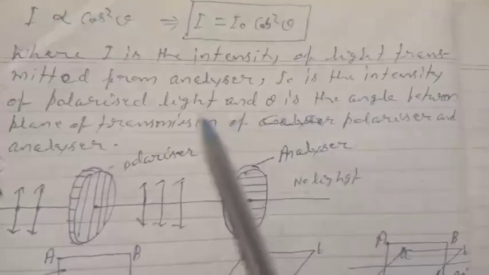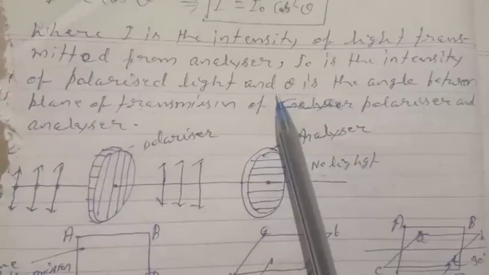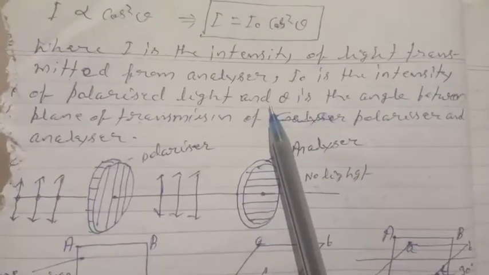That is, I is proportional to cos square theta, which implies I equals I naught cos square theta, where I is the intensity of light transmitted from the analyzer, and I naught is the intensity of polarized light, and theta is the angle between the plane of transmission of polarizer and